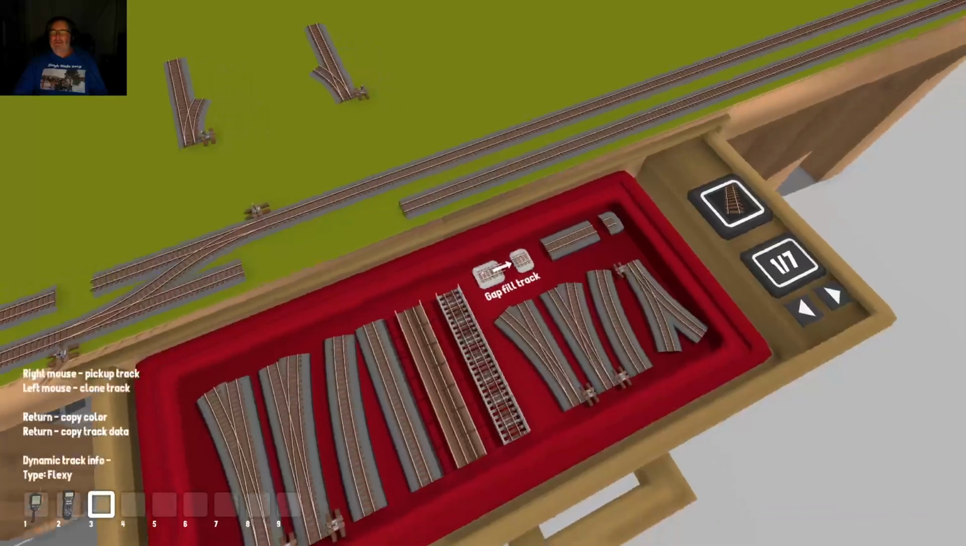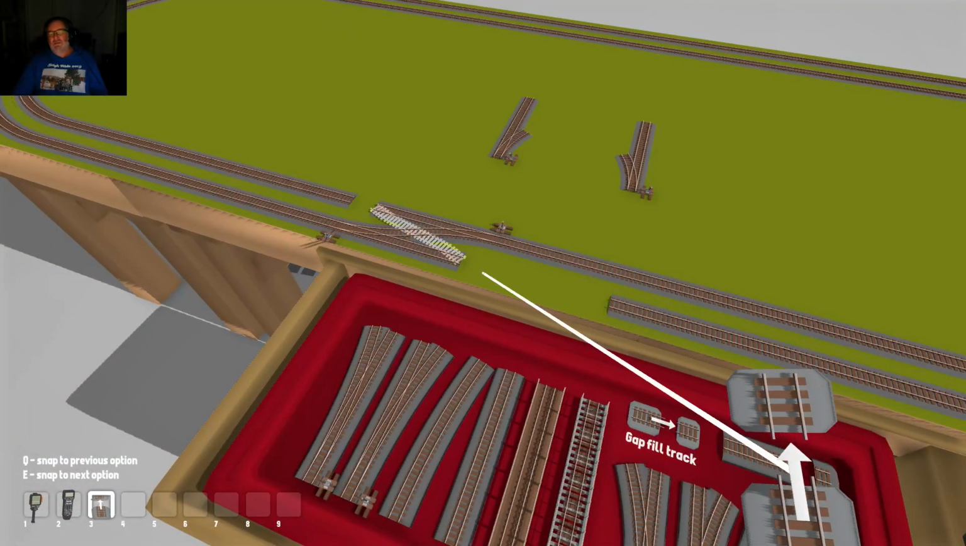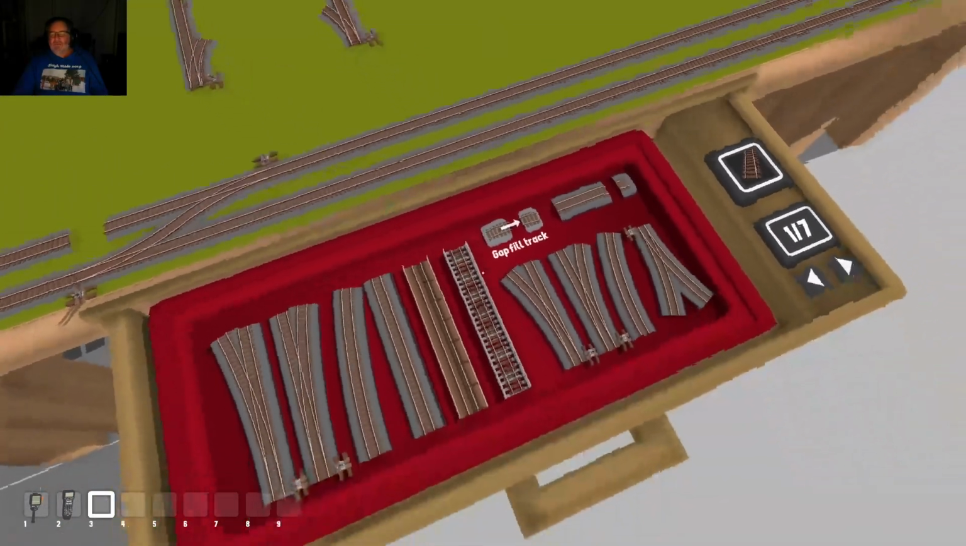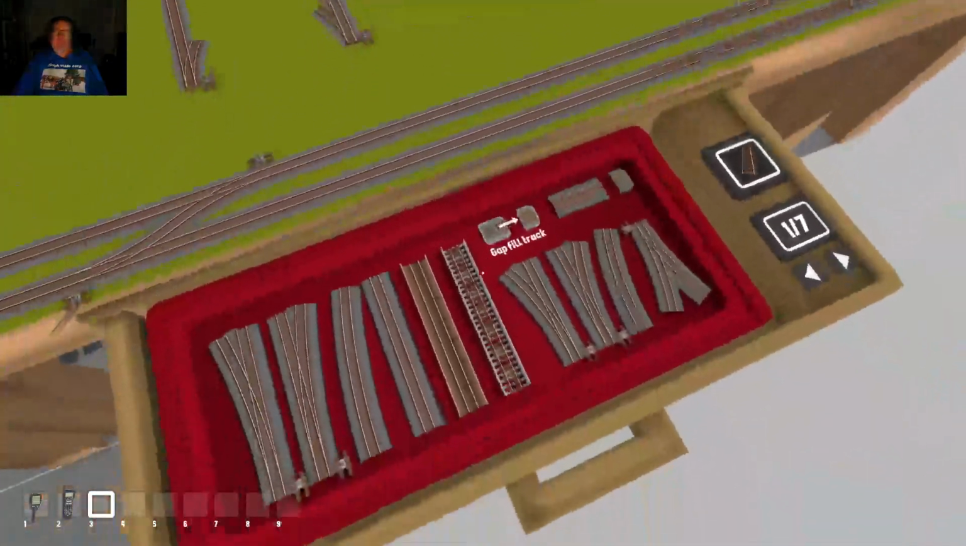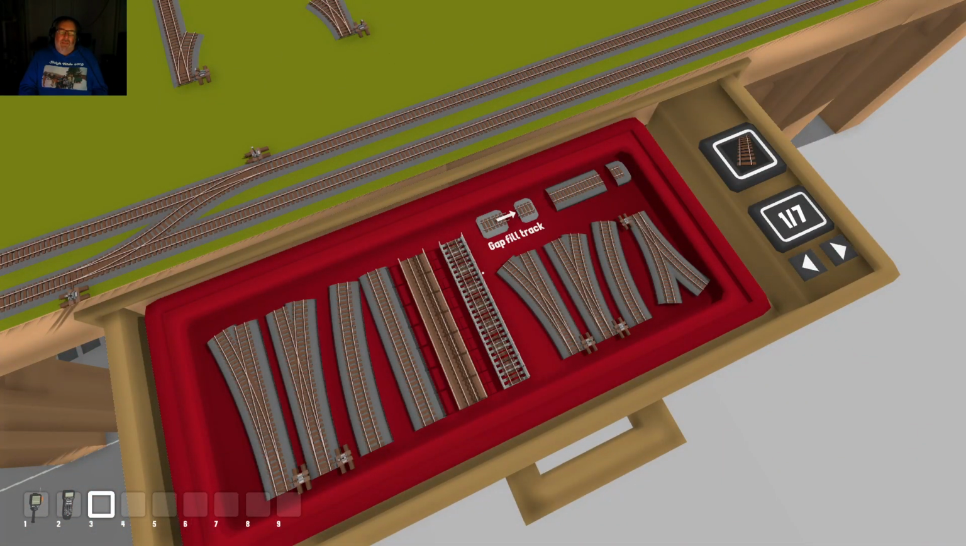Pop. Pop. And voila, I have a perfect changeover from one rail to another. Now if I want to go from that other rail, I have to make another one of these down this direction so I can get back,